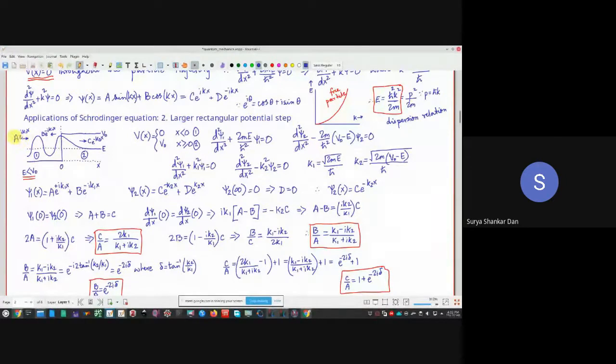Okay? So the amplitude for the incident wave will be A, the reflected wave will be B. Now, in region 2 I have written it here, but one thing you have to keep in mind, the equation was initially E minus V0, but since V0 is larger than E, I'll try to keep this K1, K2 as positive. Okay, because we will see these are like wave numbers. Wave numbers cannot be imaginary.